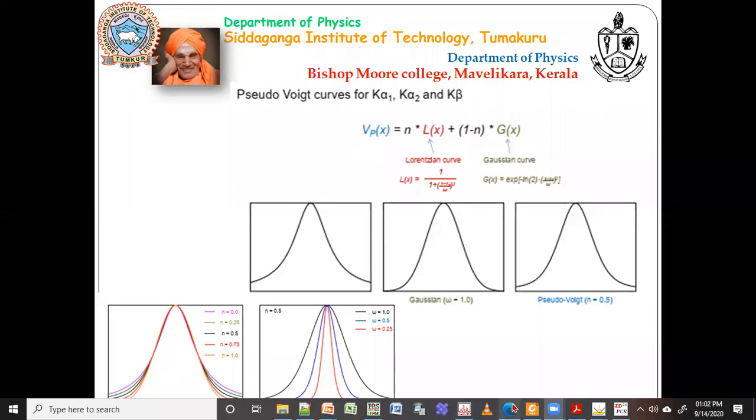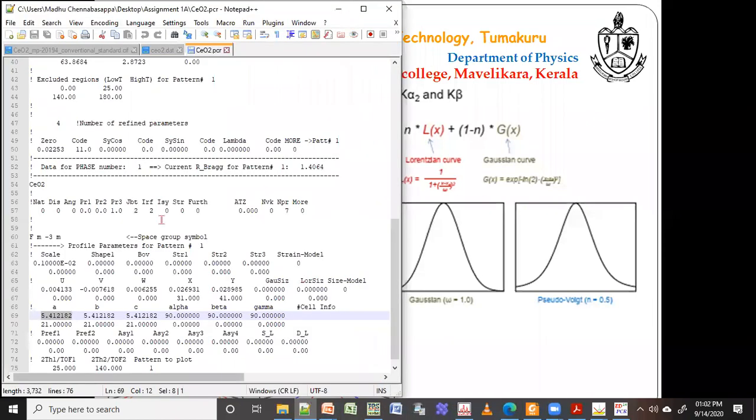In the first case, when we did the fitting, we did zero shift. Zero shift means, as we said, not every instrument may be 100% calibrated. There may be some small error with respect to the peak position due to the instrument, and that is taken care of by zero shift.